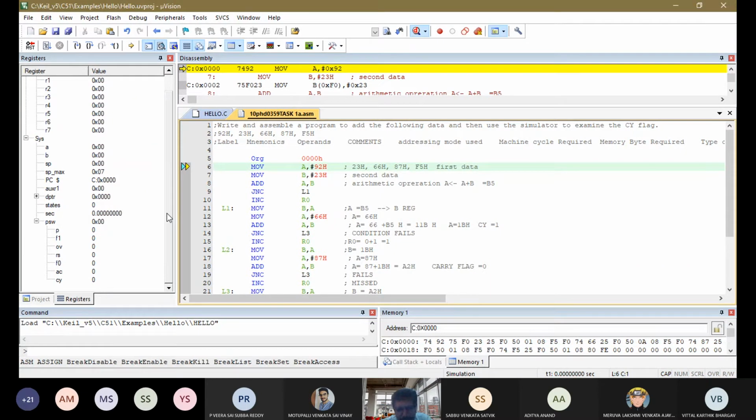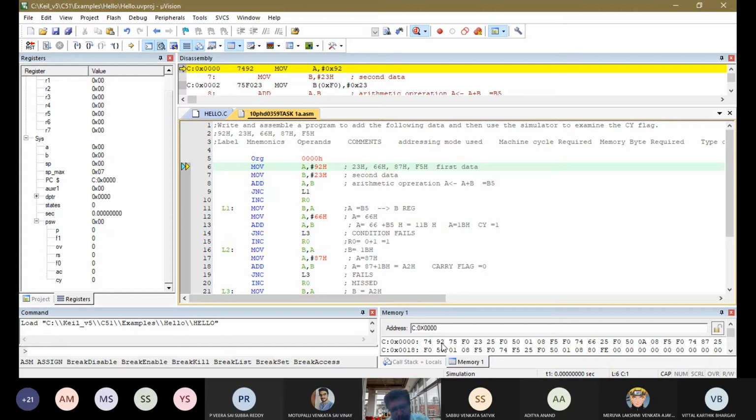Okay, so now what we have done, the program is here. You can see the memory window. There is C:0x0000. These values 74, 92, 70 are nothing but the hexadecimal equivalent of the operation we are doing. The move operation, MOV A, stands for 74. 92 is the data. So you can see the yellow color here, 7492.